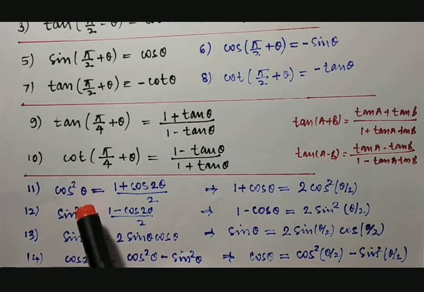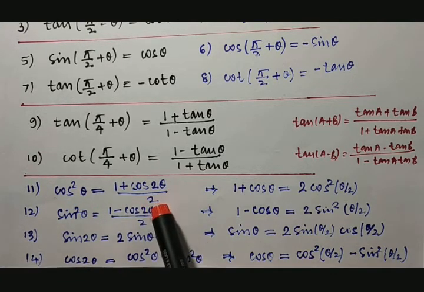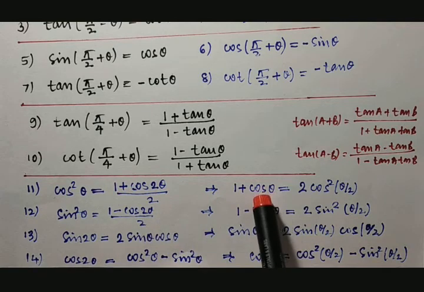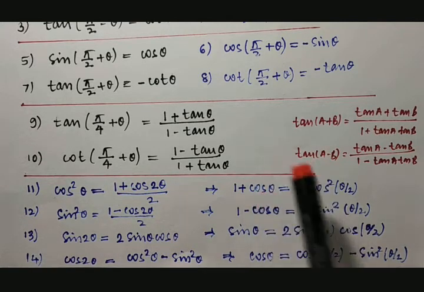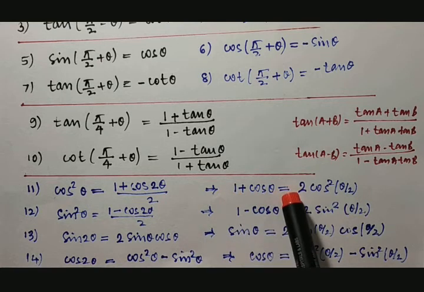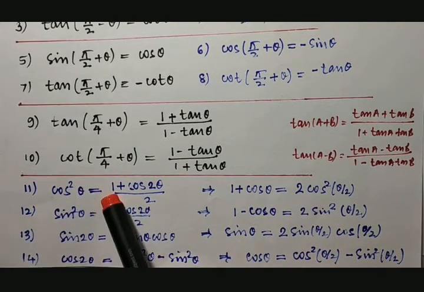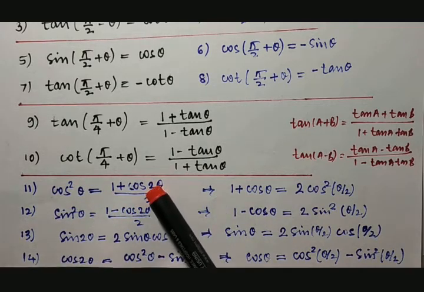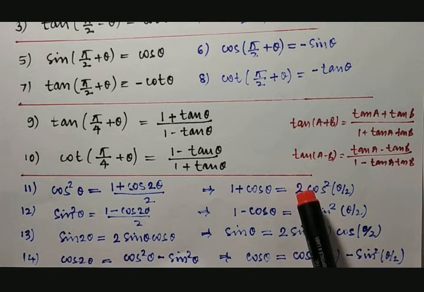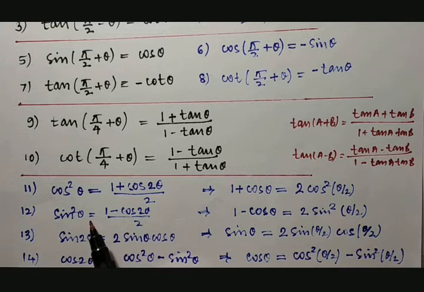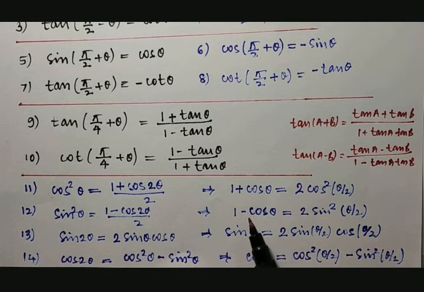Cos square theta can be written as 1 plus cos 2 theta by 2. If 1 plus cos theta is given in any of the examples, how is it written? Same, 1 plus cos 2 theta will be 2 into cos square theta, correct? But here instead of 2 theta, single theta is there. Therefore, it is 2 into cos square theta by 2. Similarly, sin square theta will be written as 1 minus cos 2 theta by 2. Therefore, 1 minus cos theta will be taken as 2 times sin square theta by 2.